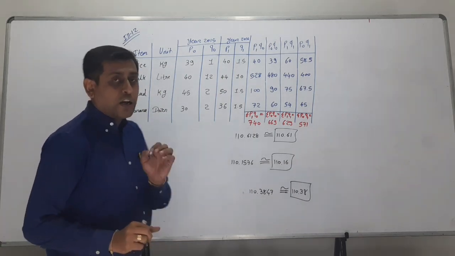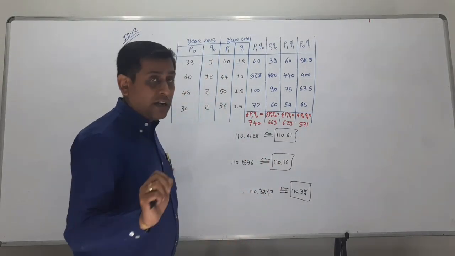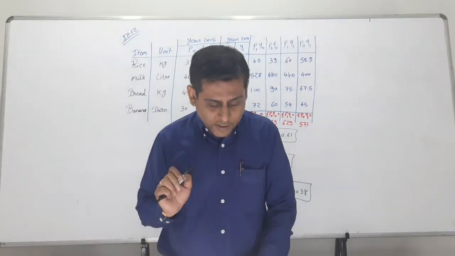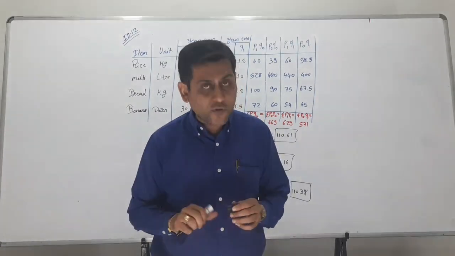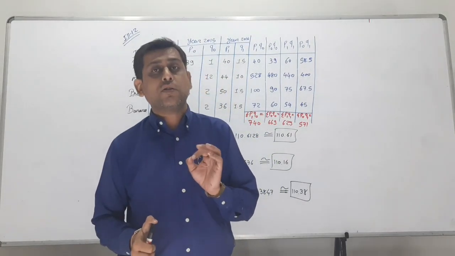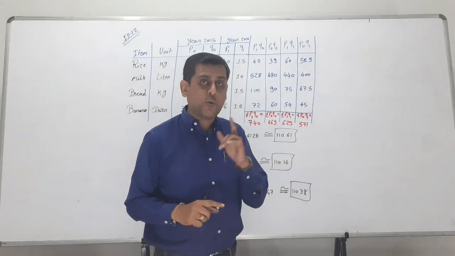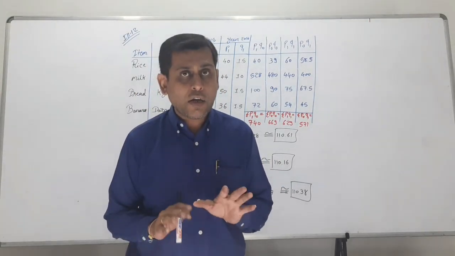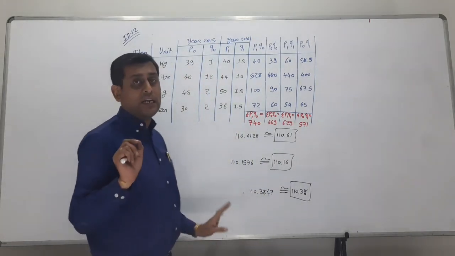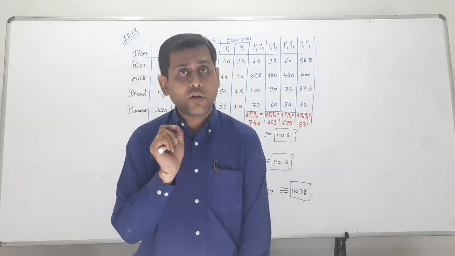See, illustration 14 is just like this, and it is very easy to calculate. I am reading the question first. Find the ideal index number for the given data. See, ideal index number means Fisher's index number. So the price and quantity of the base year as well as the current year are given here in illustration 14, and you just have to find out the Fisher's index number. What is the ideal index number? That is only Fisher's index number.